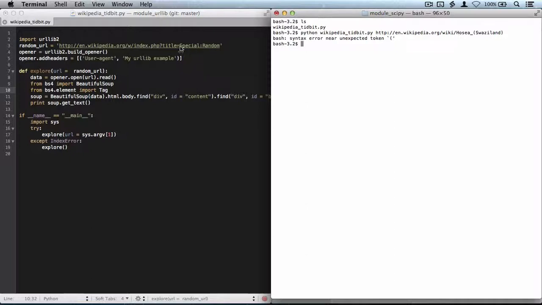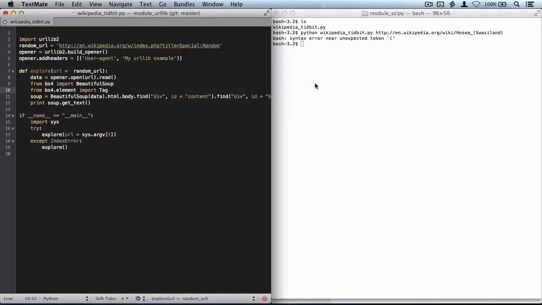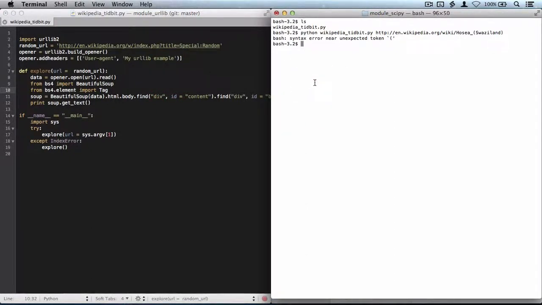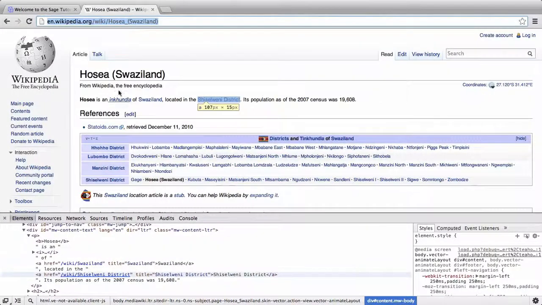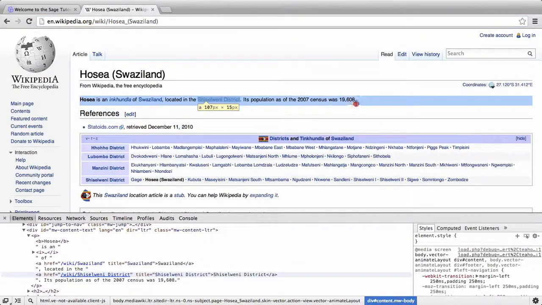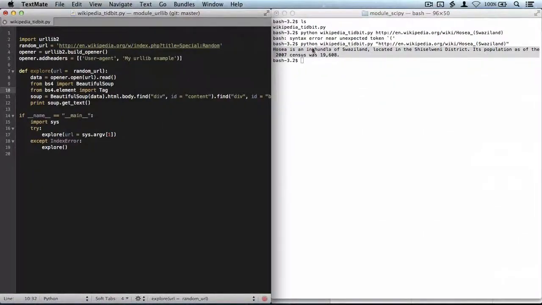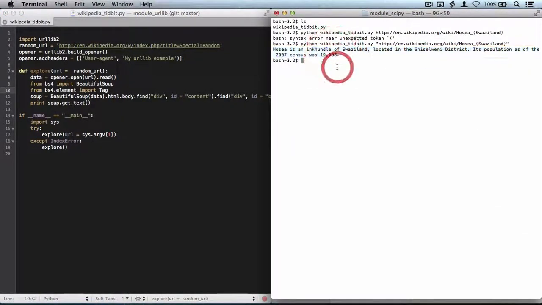Oops. Something's wrong. It's because I have a bracket in my command line, so this should do it. And here I get indeed the first part of here, this first line. Okay, a census of 19,000. Okay, great. So if I run it without the URL, then it will go fetch a random URL and tell